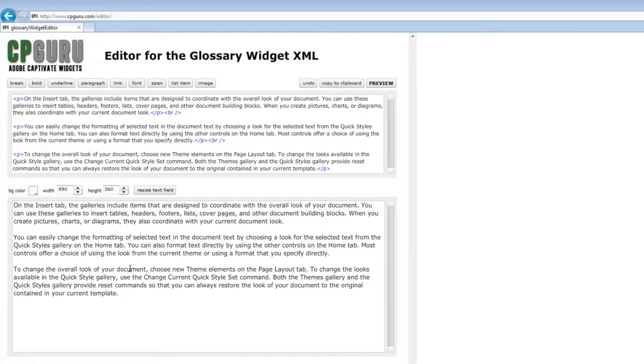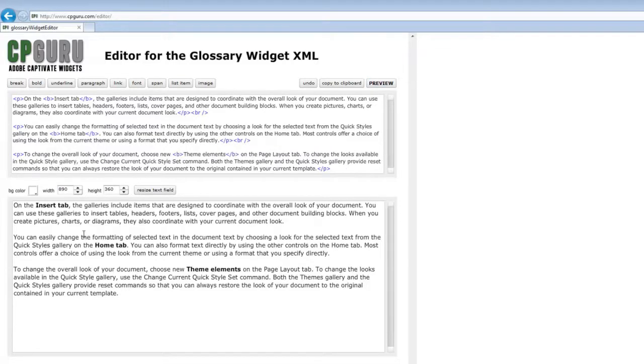Now we want to add some colors and want to add some style. So we'll take the insert tab here and we'll make that bold. There's a home tab here. We'll make that bold as well, if I can get the right selection. Here we go. And we'll take the theme elements and make them bold as well. If I click preview, we can see that it changed all 3 places to bold as it should. So that's pretty good. We can select some text and we can underline it, and it will become underlined in